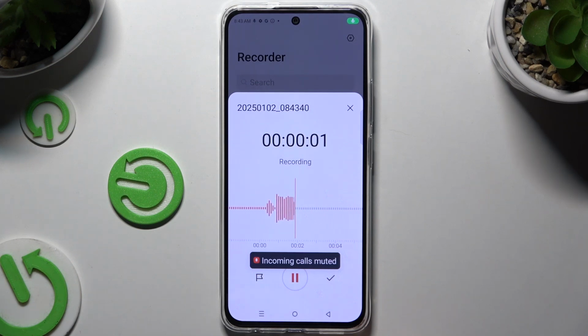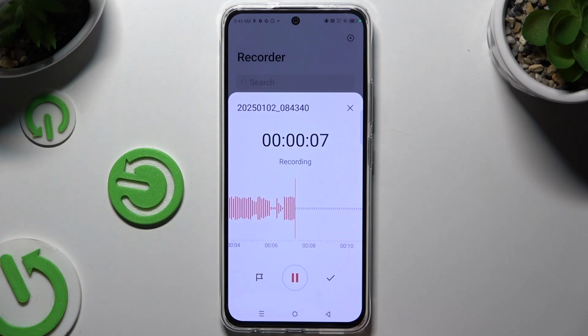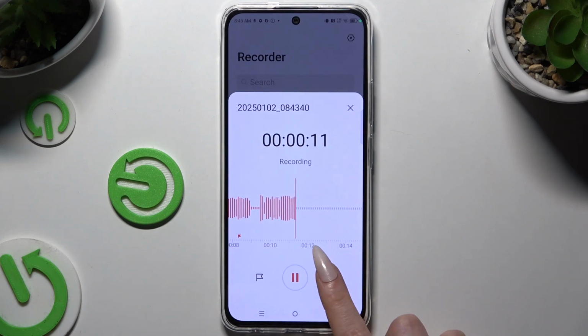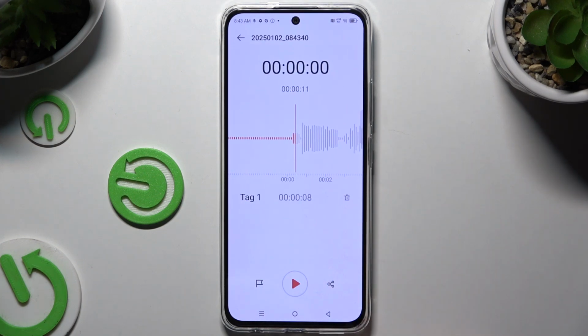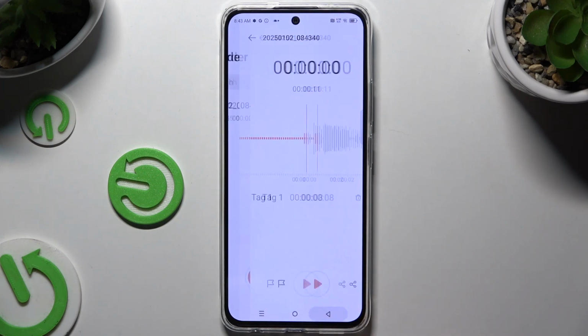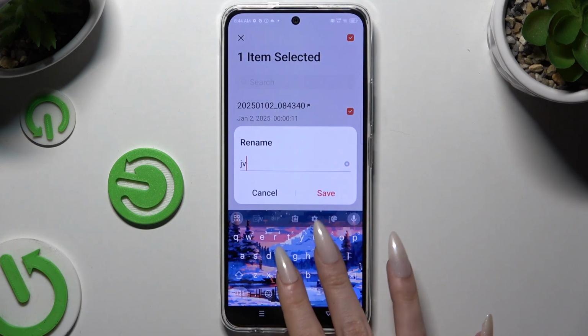As you can see, recording is on. To pause it or unpause it, click the same button. To add a bookmark, click on the left one, and to end it and save it on the right one. To play it, click on it, and to manage it, go back, hold it, and use all of those options, like rename